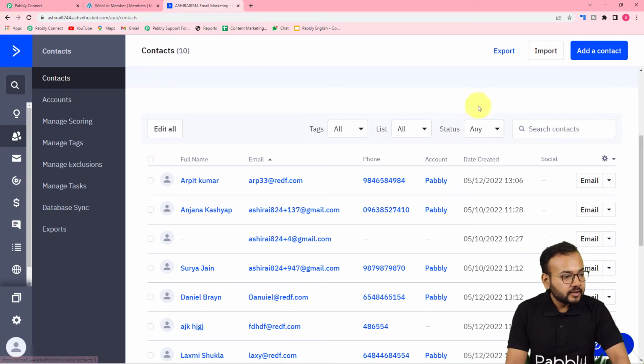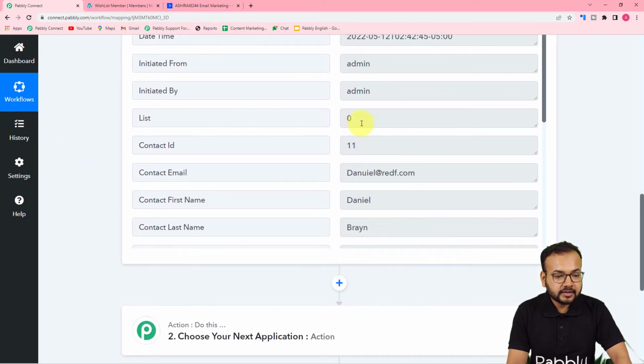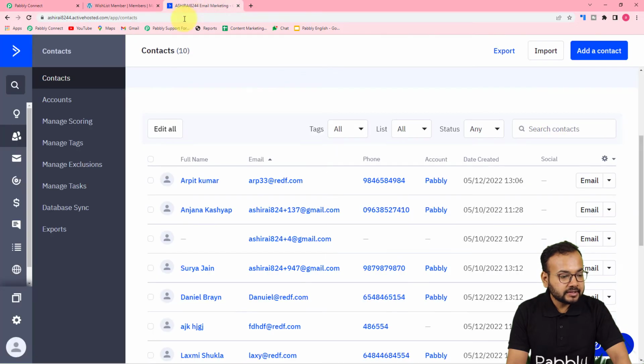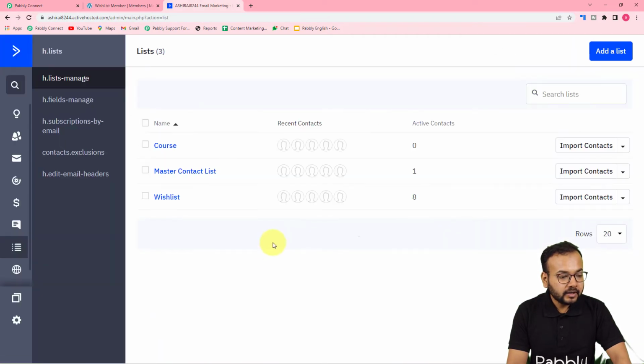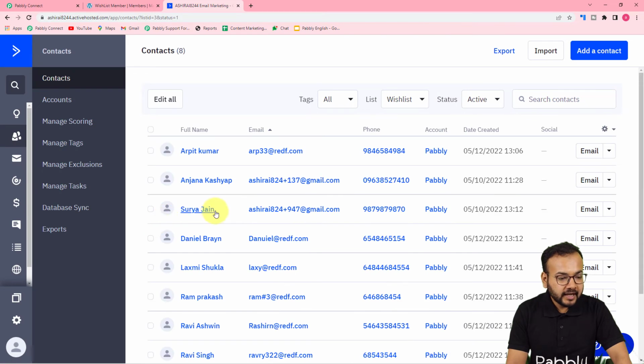Okay, so guys, here it is showing the list default value as 0, but when I open these lists here, let me open this wish list where we have added the contact. Here you can see we have this Daniel Bryan added here, and the ID of this list you can see from this top URL. The list ID here is equal to 3,